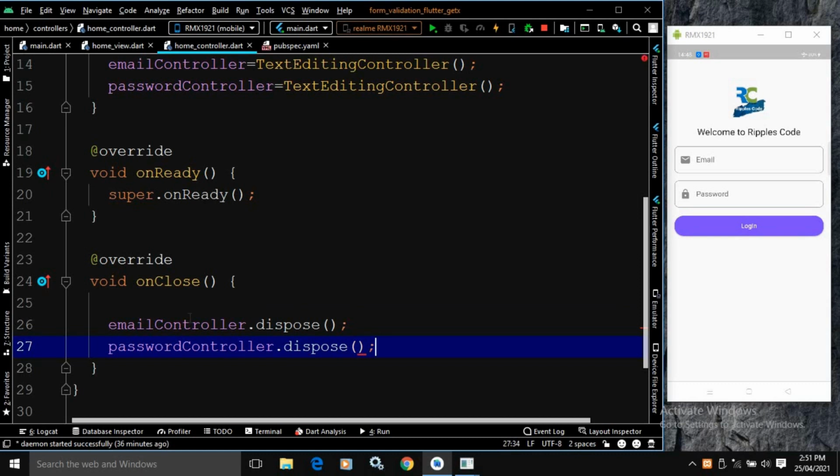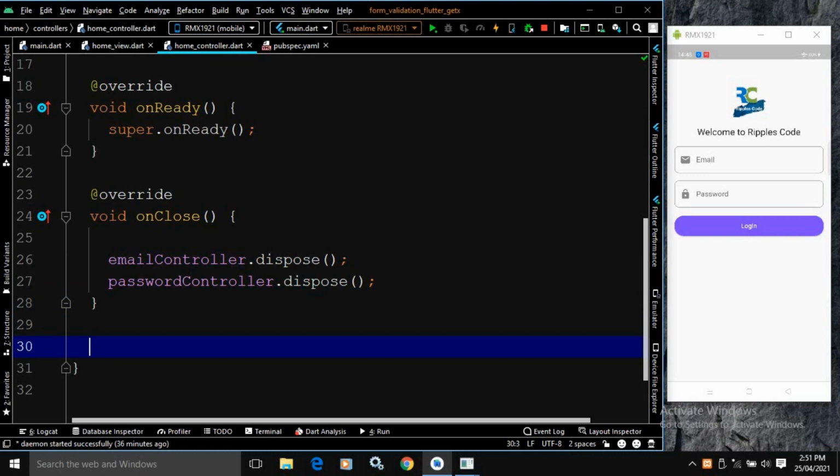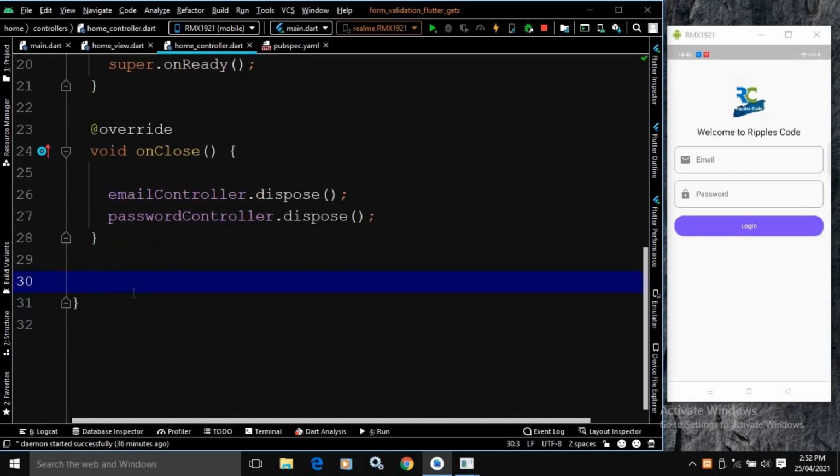Now after doing this, I will create a method to validate the email, a method to validate the password, and a method to do the login. So let me create the method. The method name will be validateEmail, and it will take a String parameter value. Let me give the return type of this method as String, and make it nullable.